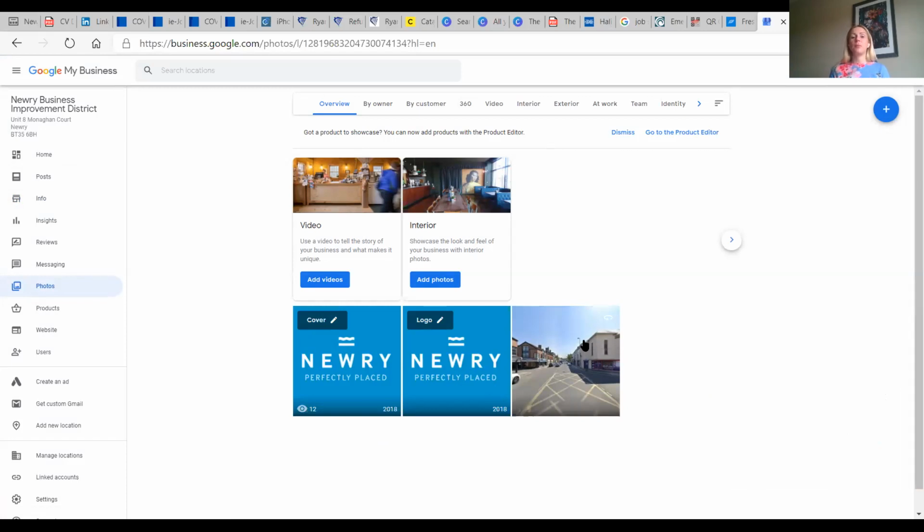What I always say to people, when you get the hang of this, is treat your Google My Business like you treat your social media. So, okay, I'll correct that slightly differently, because your social media is probably more consistent information. But if you've got photographs of your team, if you've got photographs of products, if you've got photographs of people, if you've got photographs of your building, absolutely look at putting them on Google My Business,